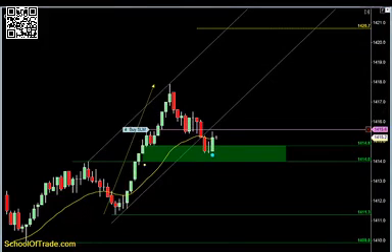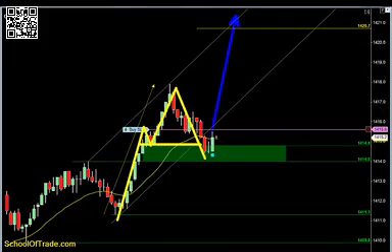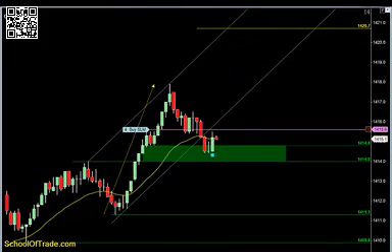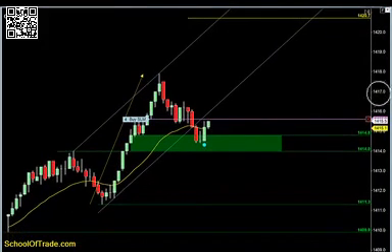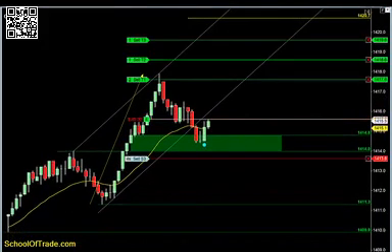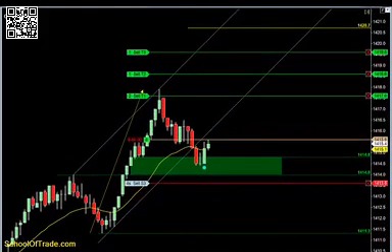Trap setup, of course, being a pullback just below that prior swing, and of course combining that off the low of a channel, right? That's always where you want to try to get these setups. In a trending market, we know channels are going to be key. Now, as always, as you may